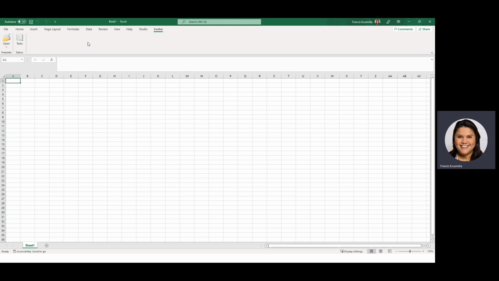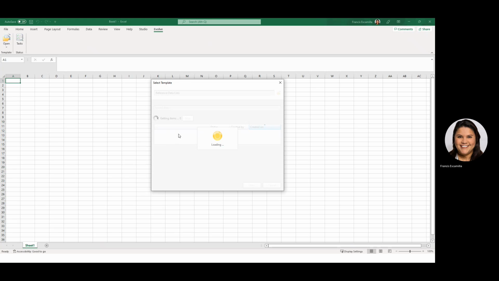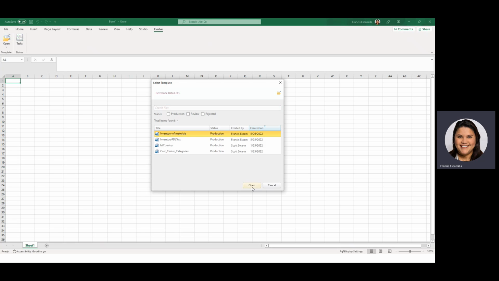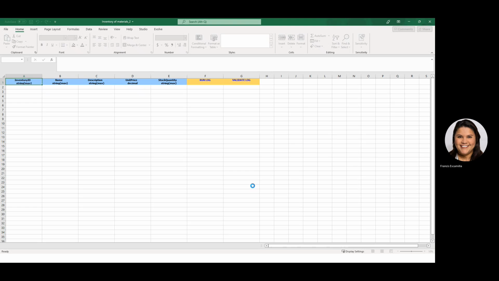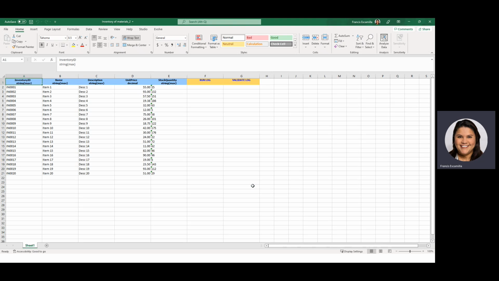Go to the Evolve tab. Select My Templates, Reference Data Templates. Select the template. And now it's going to show us the current content within the reference data list. If I want to change any of these values, if I want to add more records,